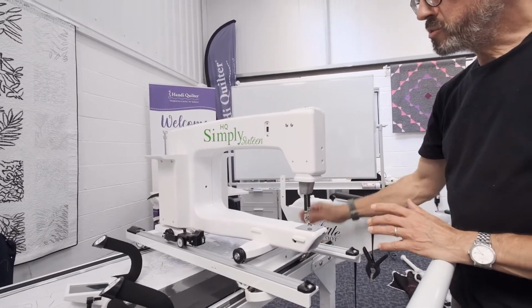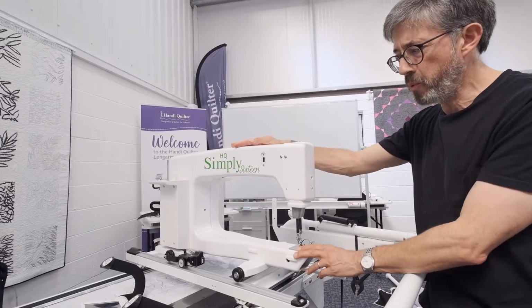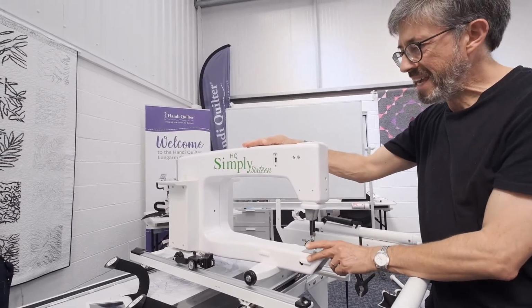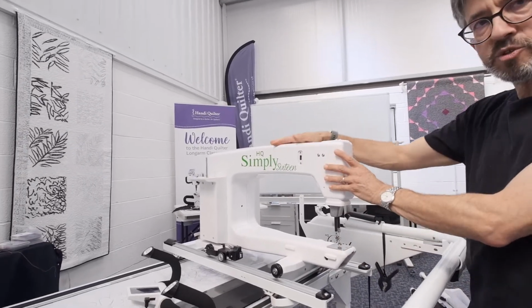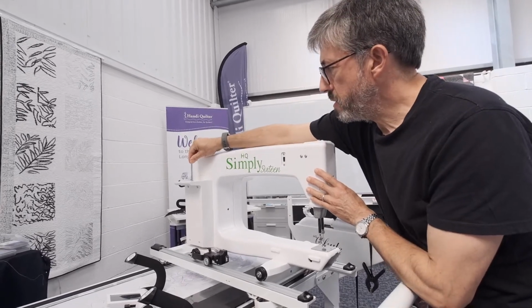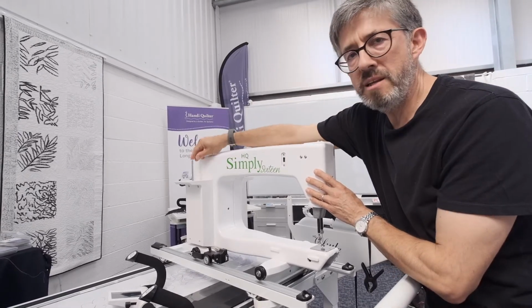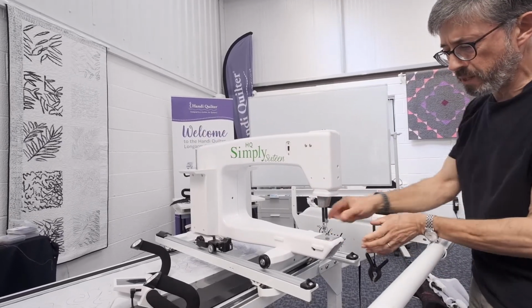So the next thing we're going to do is to remove the machine from the carriage and place it in the box. The really important thing here is where to hold the machine. It's quite heavy, it's well over 20 kilos. You must not hold these spindles at the back here. They're not strong enough to carry that weight, and you also mustn't be holding the needle bar or the presser